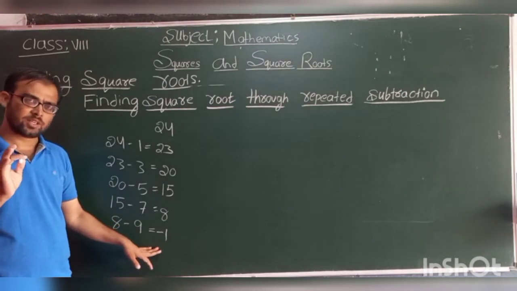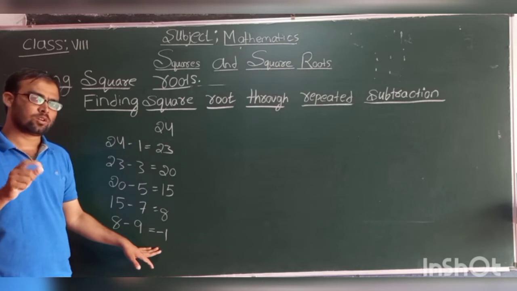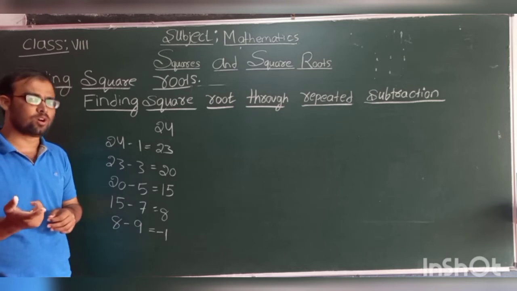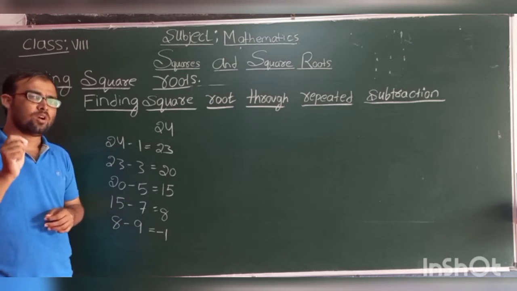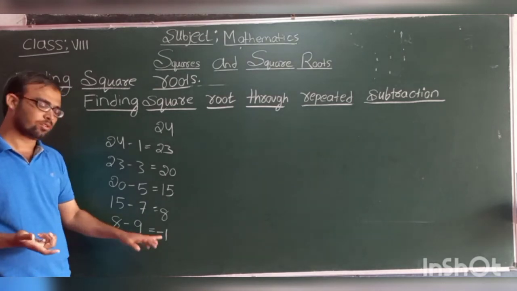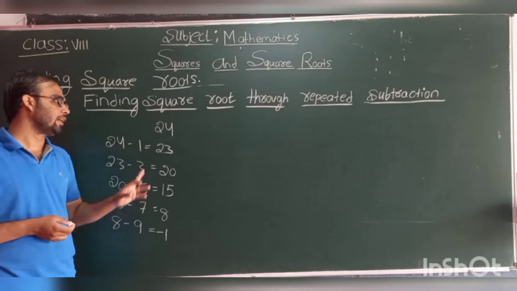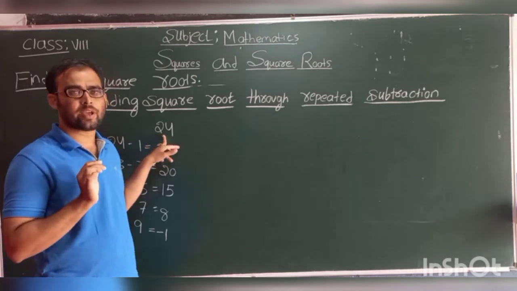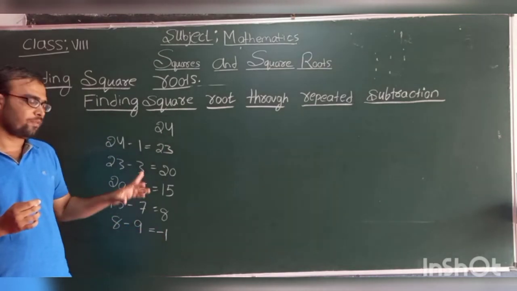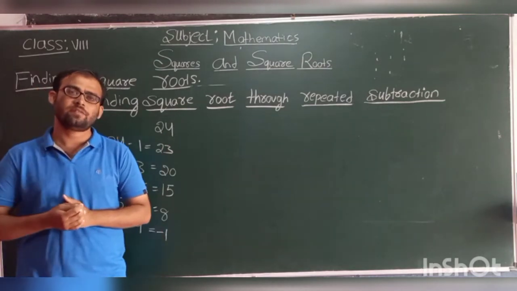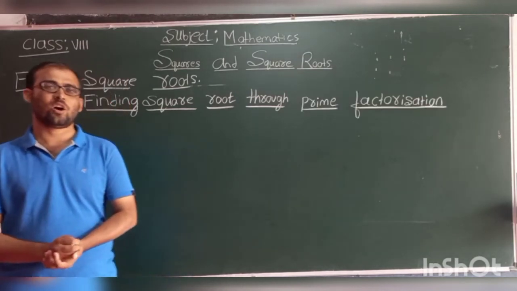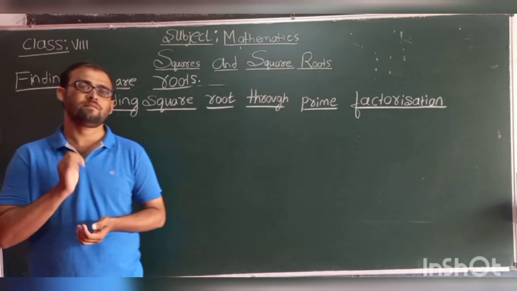Okay, so what is the condition? We need to get only 0, not positive numbers or negative numbers. It is not like we need to get 0 or any positive number. What we need to get is 0, compulsorily. Here we are not getting 0; we are getting a negative number. It means that this is not a perfect square, so 24 is not a perfect square. If we get only 0 at the end, then we can confirm that the number they have given is a perfect square.